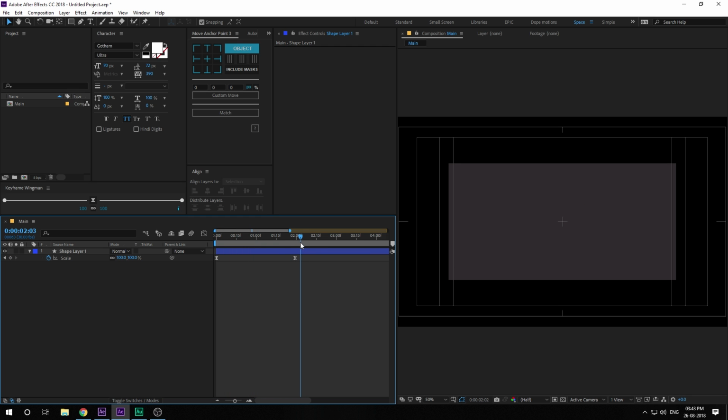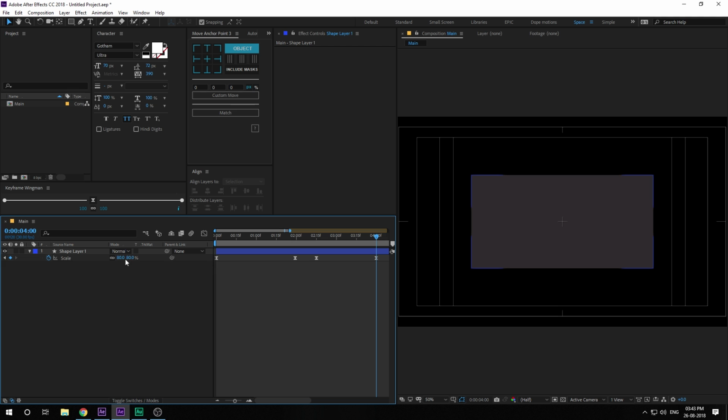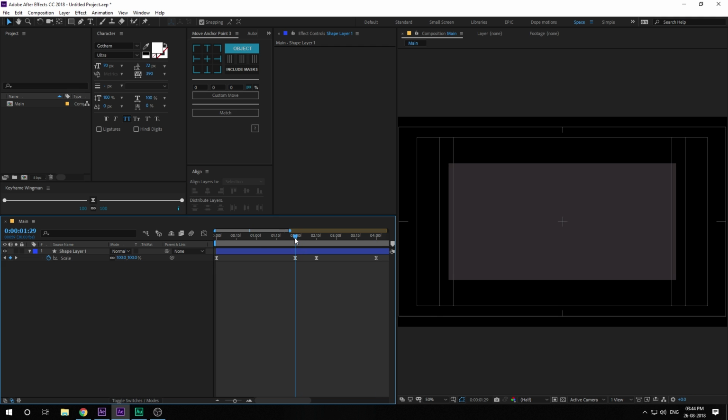So pretty simple. Let's go to 2 seconds and 15 frames and create a keyframe on the scale property again. Go to 4 seconds. And I'm going to bring this down to around 80%. I think 80 is a bit too much. Let's go with 90. Yep, that looks good. So now we have